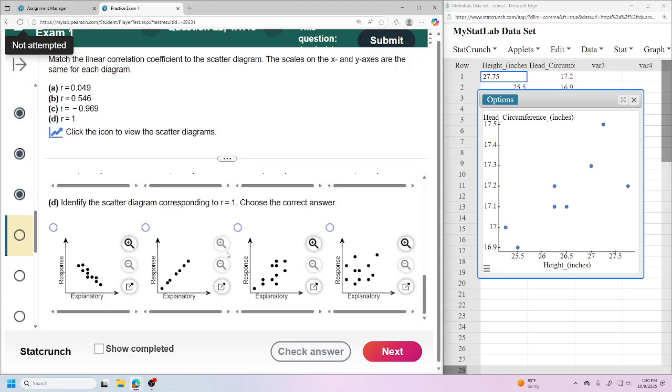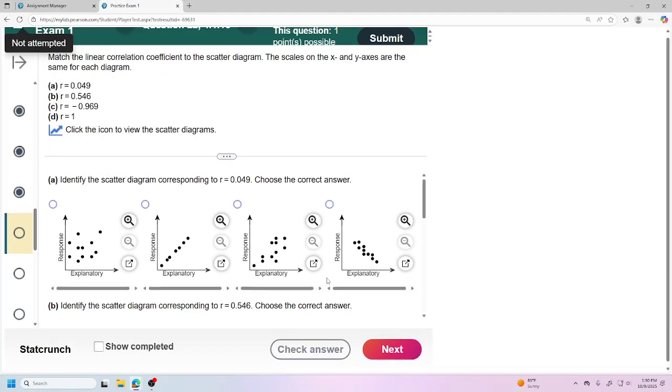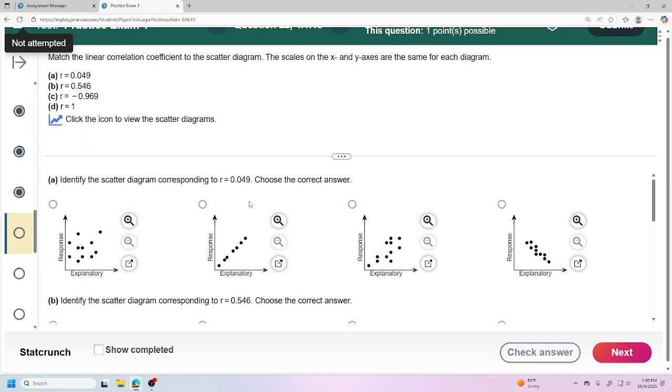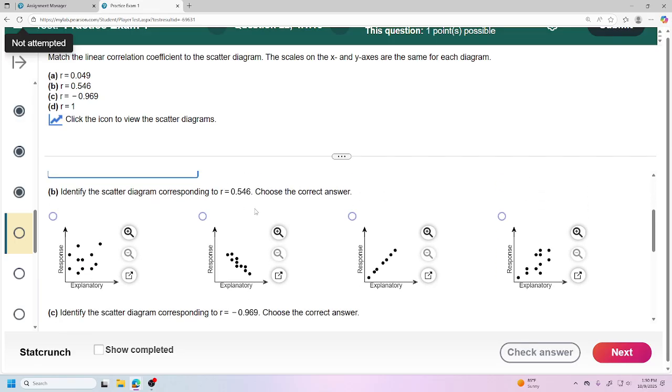So these are all multiple choice, and this one you don't even have to go to StatCrunch. This is more just looking at it. Remember that these are kind of like percentage of goodness, how tight they are, and this is not 49%. That's 4%. That's not a good thing. If you got a 4% on the test, that would be terrible. So which one's the most spread out? Yeah, A. Definitely that's all over the place, right? What if you got a 50 on the test? It's not the worst thing.